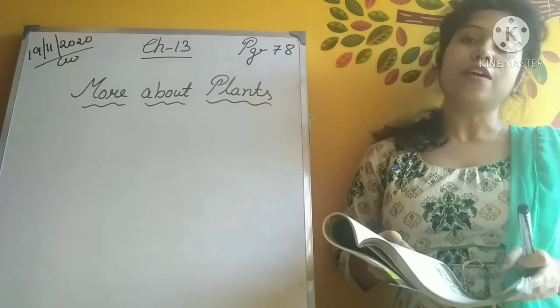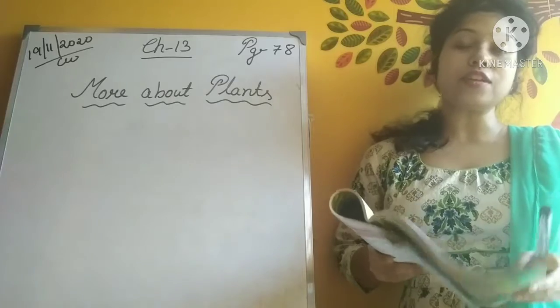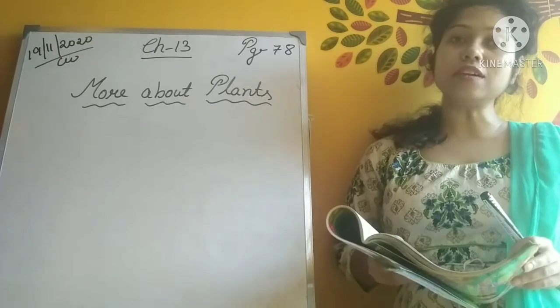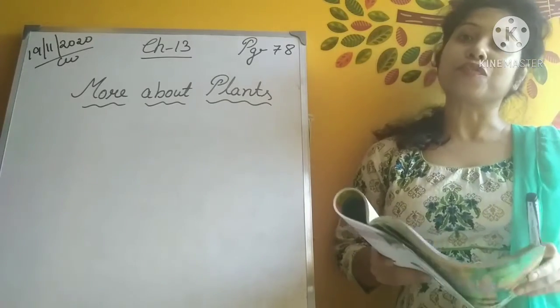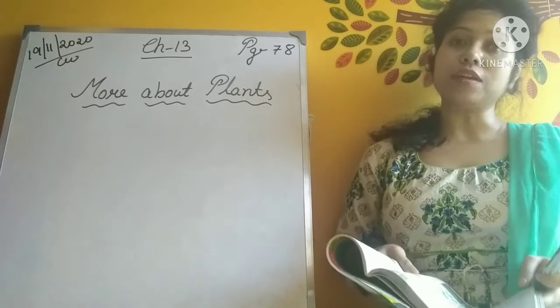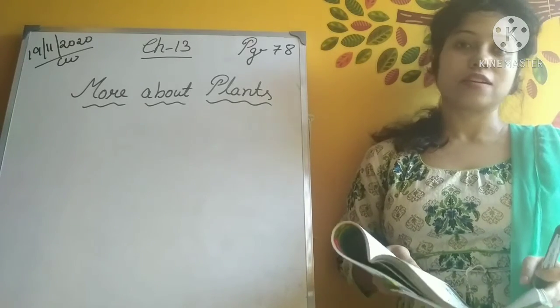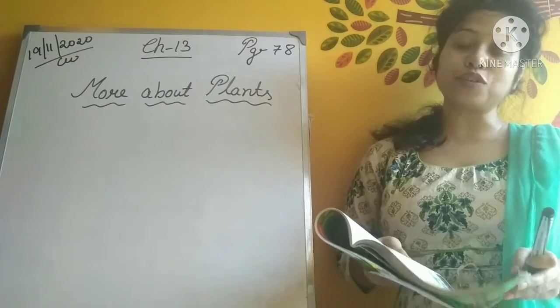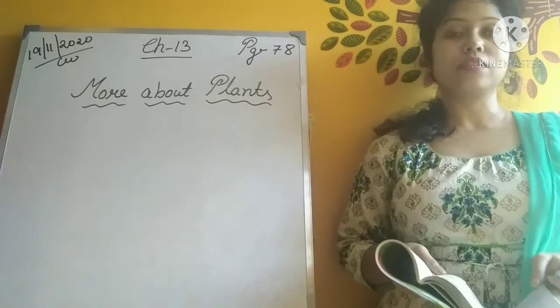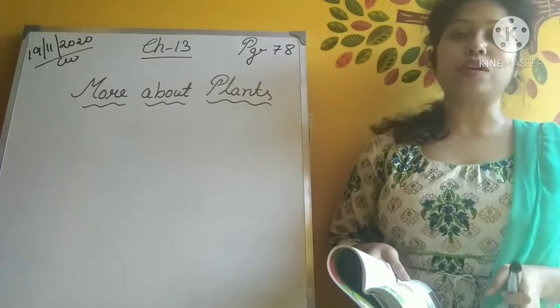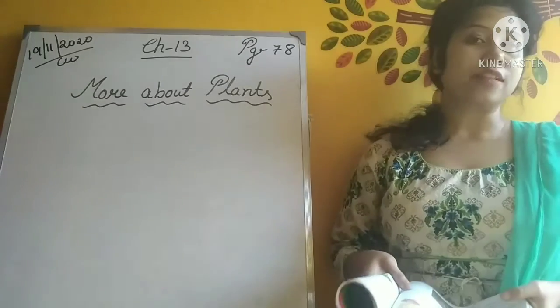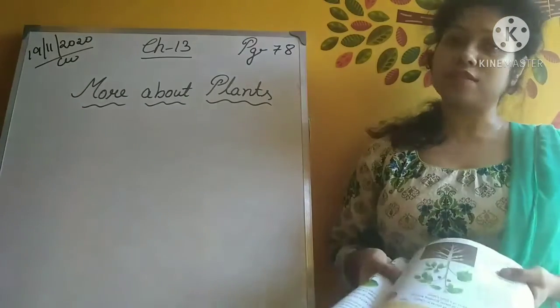Yes, potato is a vegetable. The next one is carrot. So carrot is a correct vegetable. The next one, banana. Correct, banana is a fruit. And guava, yes, guava is also a name of a fruit. Okay, so like this you are going to write all these things in your book.